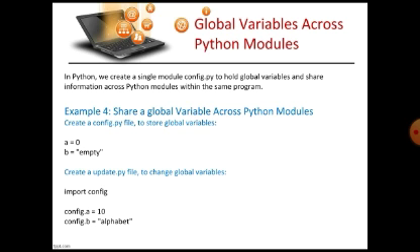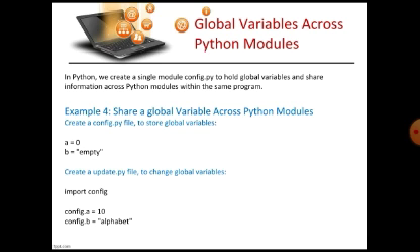Python modules can be used for code reuse. What is the main purpose of grouping classes or functions together in a module? So that we can reuse them efficiently and easily whenever required. The main purpose is code reuse only. By grouping a certain group of functions or variables in a Python module, whenever we want to use them, we can just import them and use them in our program. This is the main advantage of Python modules.